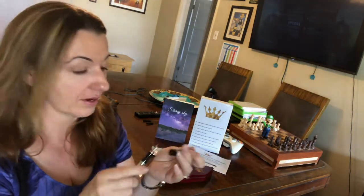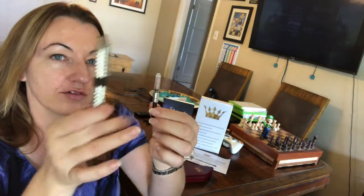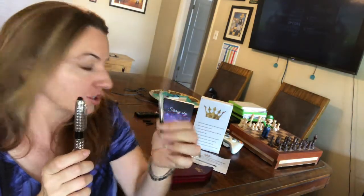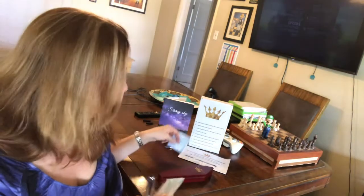What was nice about this fountain pen also is that it came with two converters. I have one in the pen and then one extra, as well as, I thought it was neat, a little cleaning cloth for the stainless steel, and then for whatever reason it came with a birthday card,